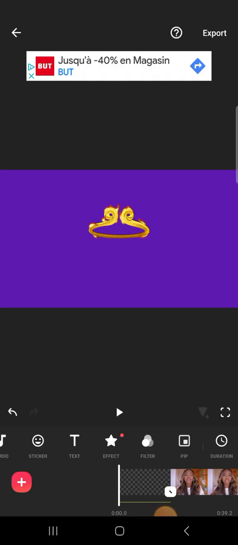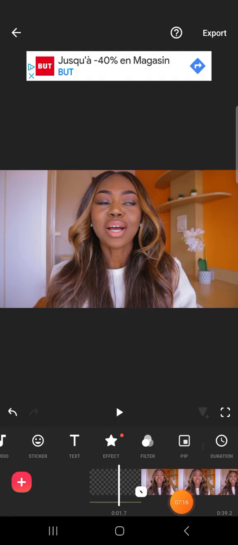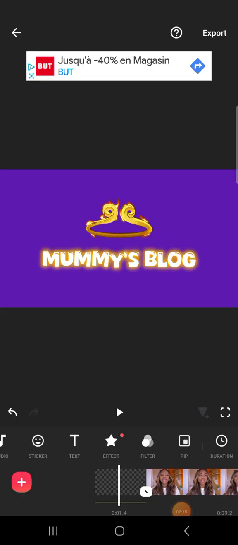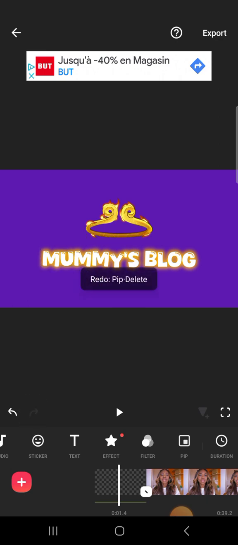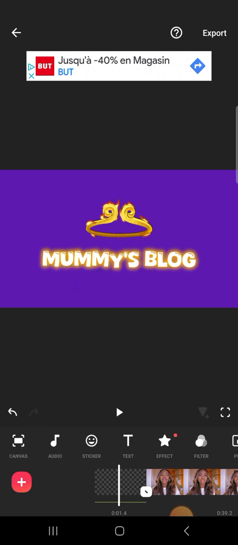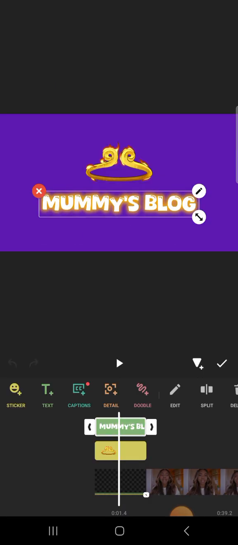Now I'm going to show you what to do with the undo. Now you see that I put mommy's blog and this. I've removed my picture. The last action now was that I removed my video that was on top. So if I click on undo, that means my video is coming back. Do you understand now? If I click on redo, that means take my video out. I don't want. So now I'm going to remove this text